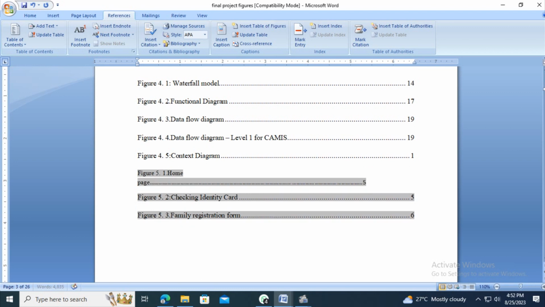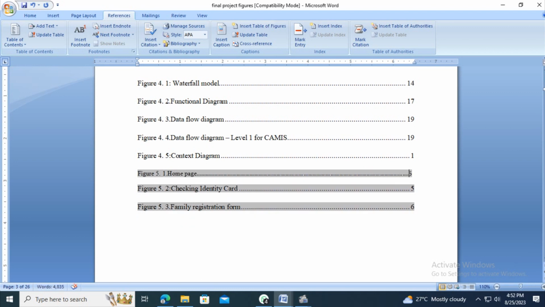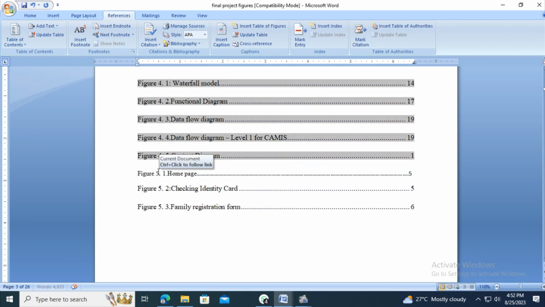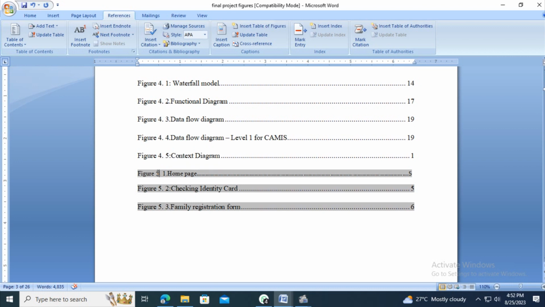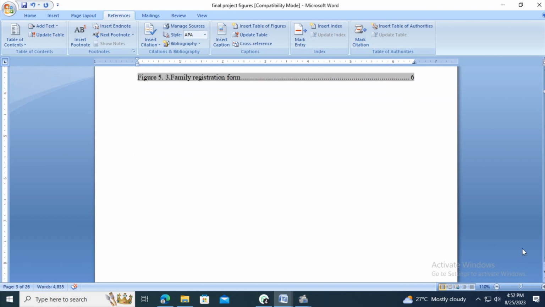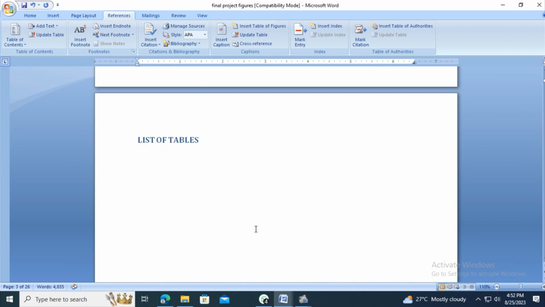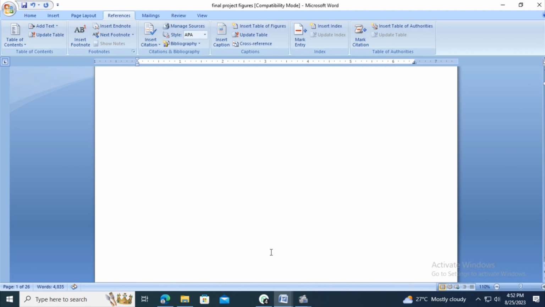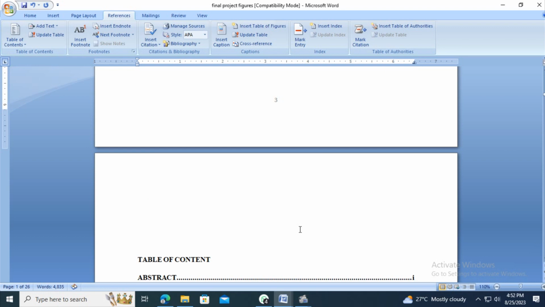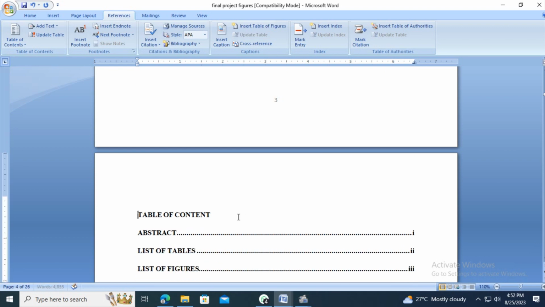But our page number is not correct. Here we have figure 1 in chapter 4, and here we have figure 1 in chapter 5. You see? And now we are going to change these page numbers which are not correct. You see how here we have 1, 2. You remember there are some pages